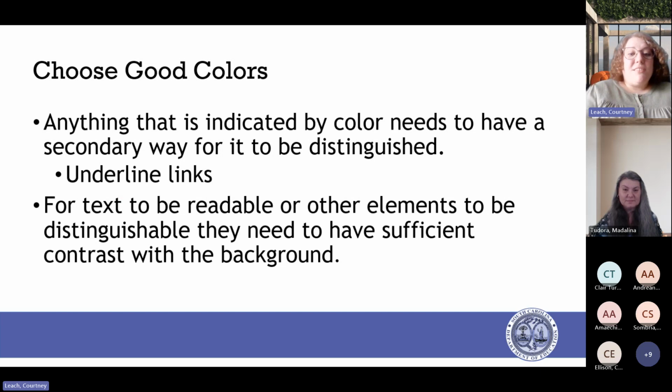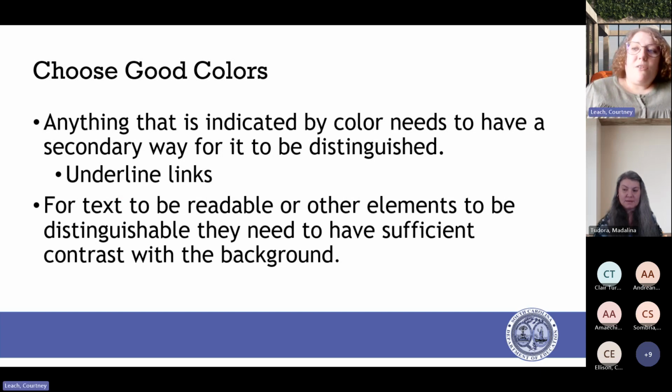So if someone couldn't see that particular shade of blue, or maybe it was a link that was clicked on and somebody is using the device after that person, and they're looking at the same presentation, or it shows the link as a different color because it's been clicked on, they can tell it's a link because it's underlined.